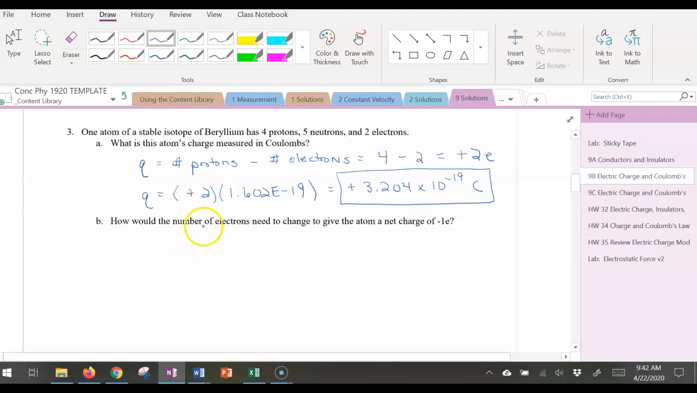How many electrons would this atom need to either gain or lose to have a net charge of negative 1e? Okay, so right now it has a charge of plus 2e. It has 2 more protons than it has electrons. Negative 1e means